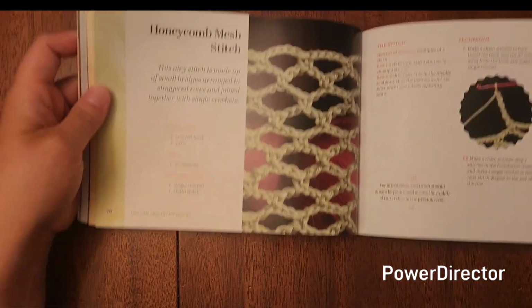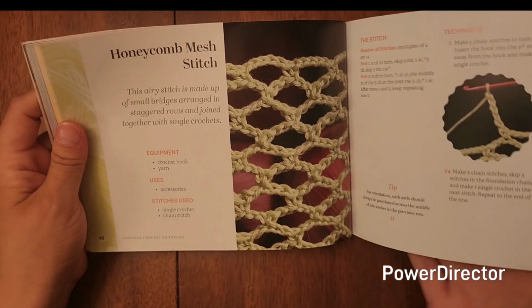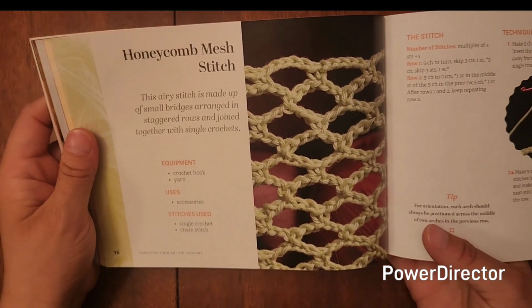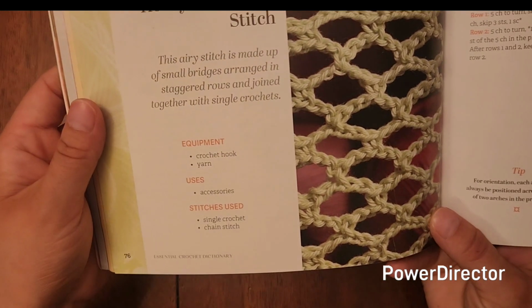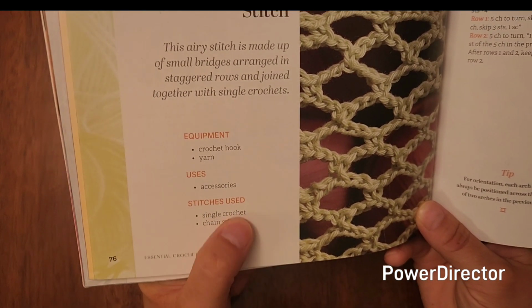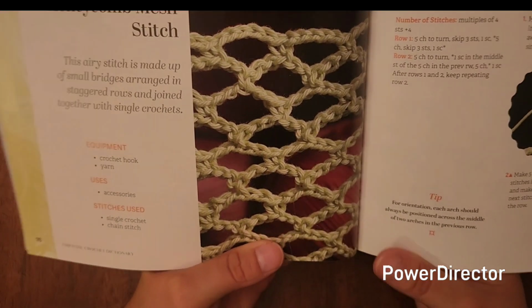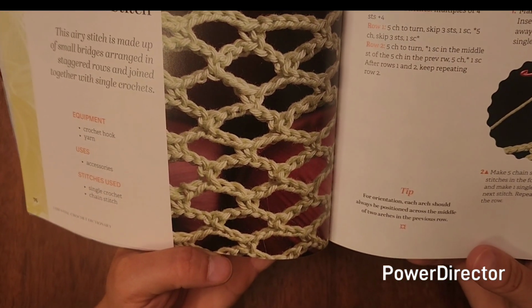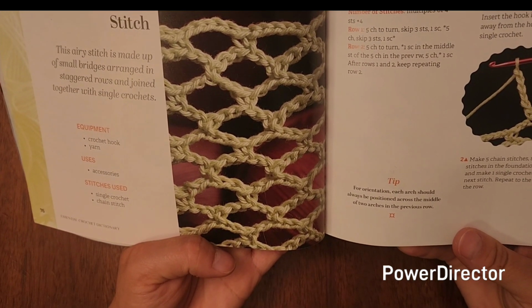And I was looking through all of these different patterns, so I'm gonna start with something that sounds simple. We'll see how simple it is. It is the Honeycomb Mesh Stitch, and it says that the stitches it uses are single crochet stitches and chain stitches. So sounds simple. It looks pretty. Okay,